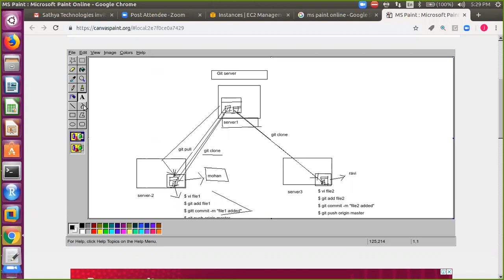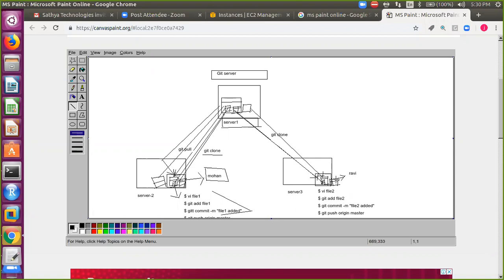Okay. So he'll use git pull to fetch the latest changes, so that file 2 will be pulled from the remote machine to his local repository. So the developer number 2 file will be available in developer number 1 machine. Okay. So now developer number 1 will write and push that code, so that the code will be available in the remote repository, and developer number 2 will be pulling that code so that he will get that code.